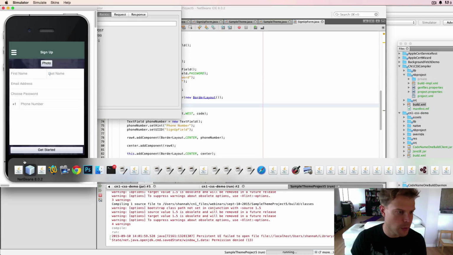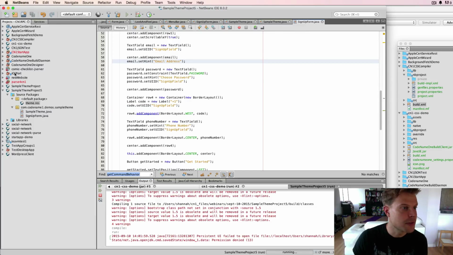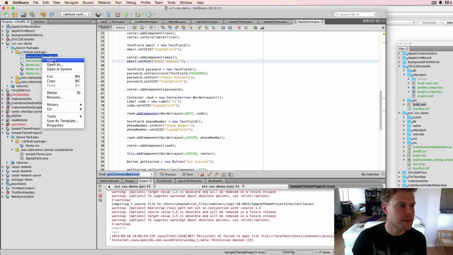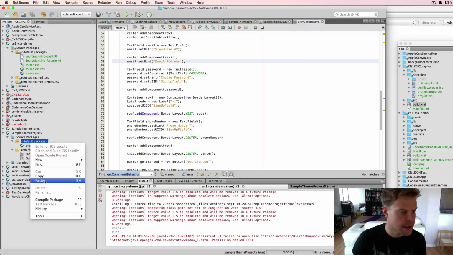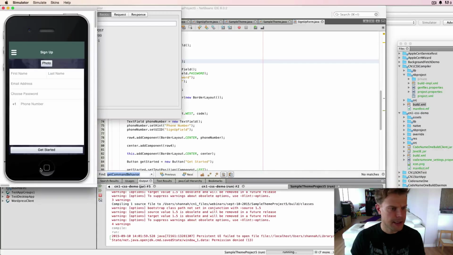So we know which font we need. I went and downloaded it ahead of time. So I'm just going to copy it from the previous project I had. And I got Source Sans Pro Light, and that's pretty close to what I saw. Now I'm going to copy it into my project. Now that I have that font, I need to